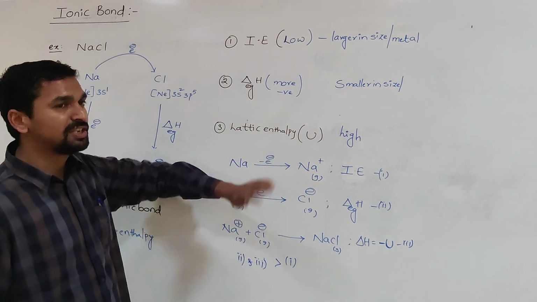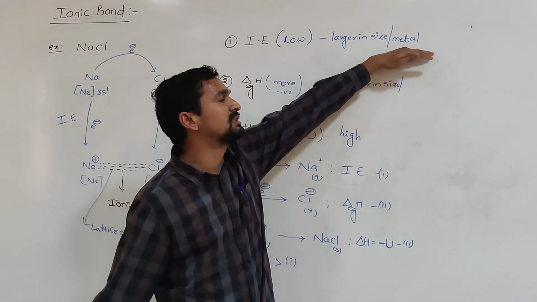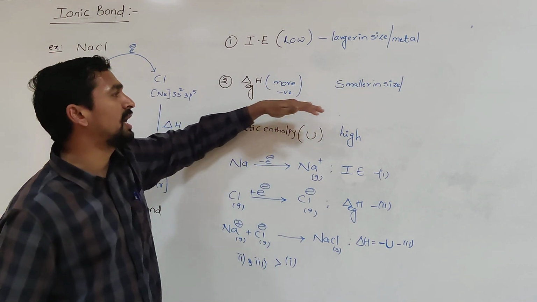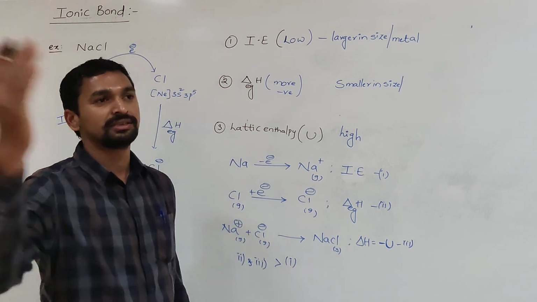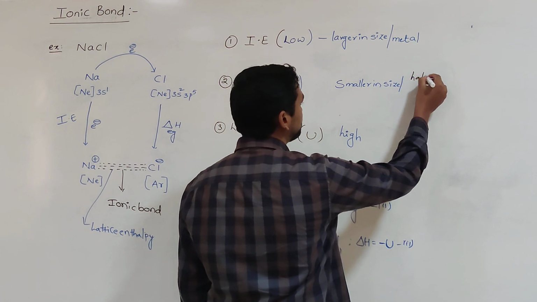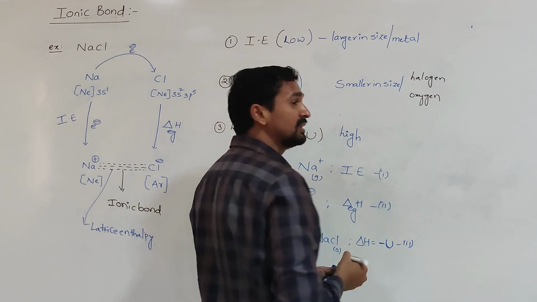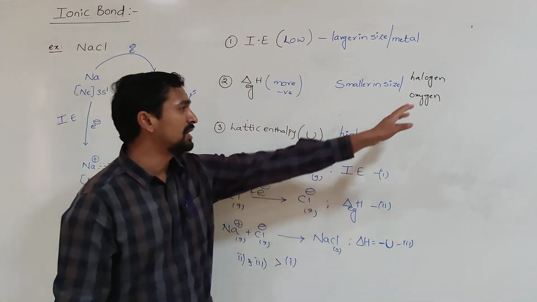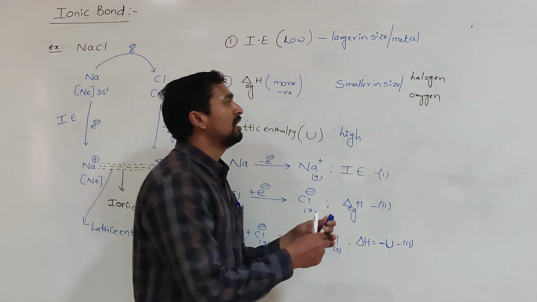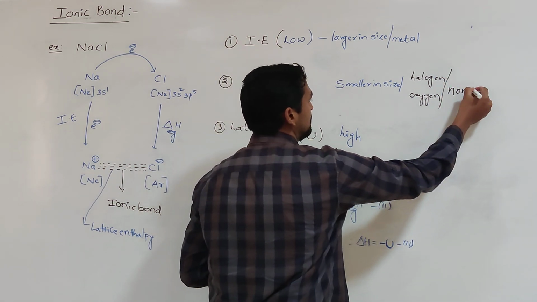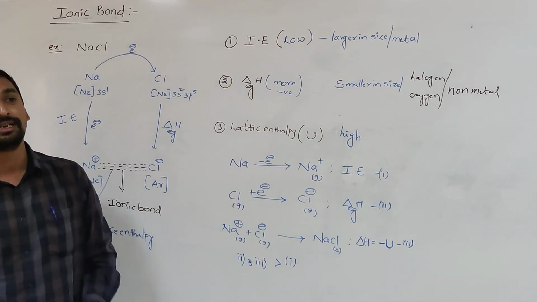And between which atoms is the ionic bond formed? I said the atom should form the cation. Those ready to form the cation are always metals, and those ready to form the anions are smaller in size in each period of the periodic table. The last is nothing but halogens, the oxygen family. These are always ready to gain electrons, which are smaller in size, which is why they form anions. These are treated as non-metals. That means ionic bond formation takes place between generally metals and non-metals.